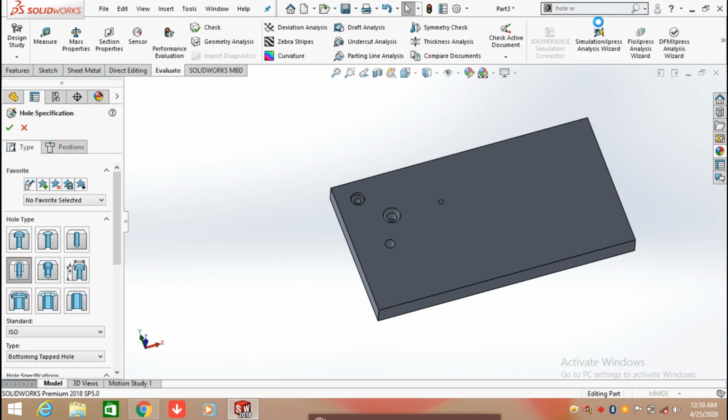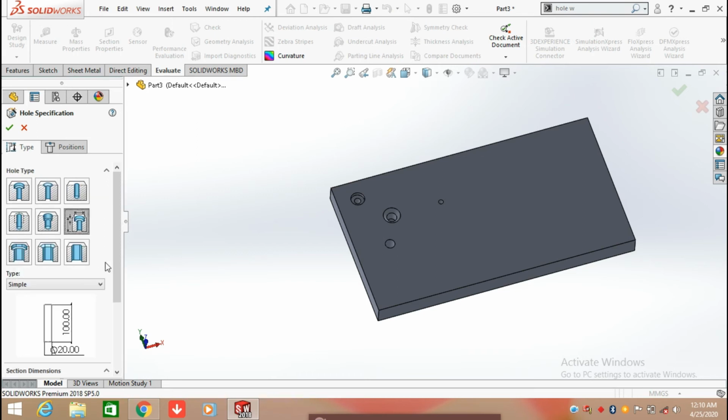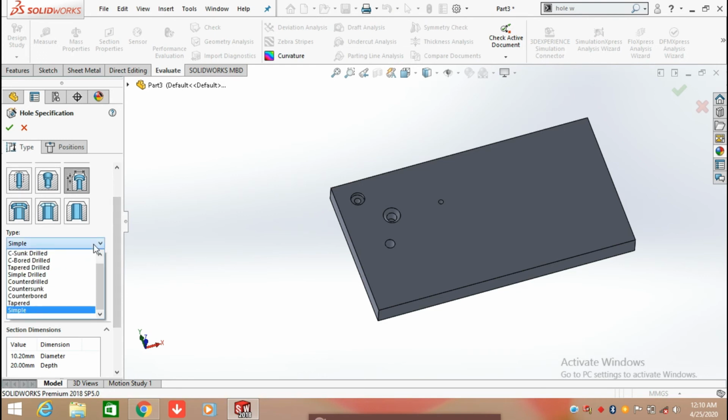Again click on hole wizard, make the next hole. The next hole is legacy hole, so here select legacy hole, and from here select the type. On the type we select tapered hole.